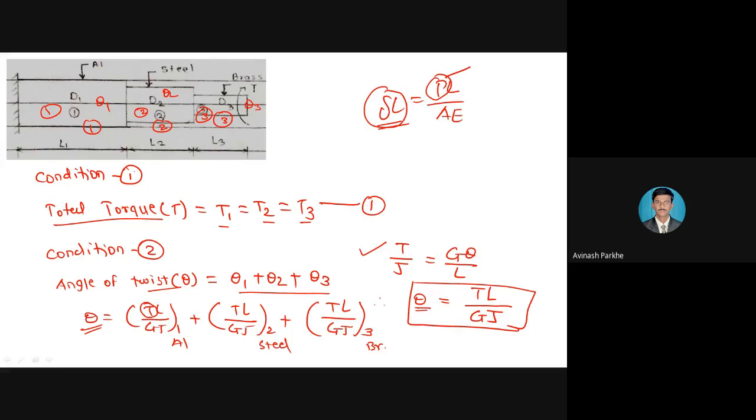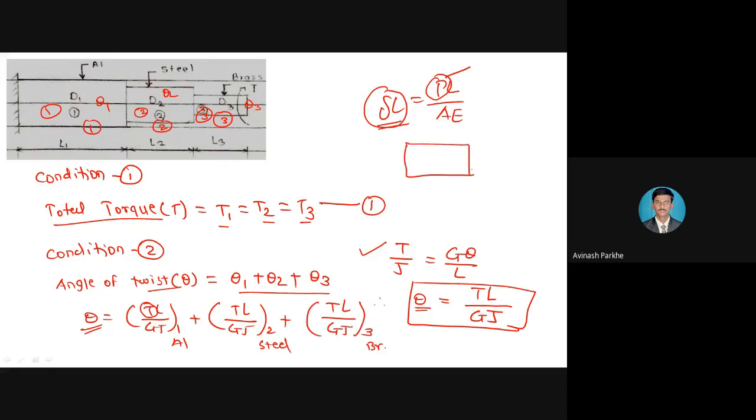Now here in this construction, at one end the shaft is fixed and at the other end only torque is applied. It is like a cantilever structure. At one end it is fixed and at the free end only torque. It means we can say that this shaft is under torsion. Some of the constructions are like that.